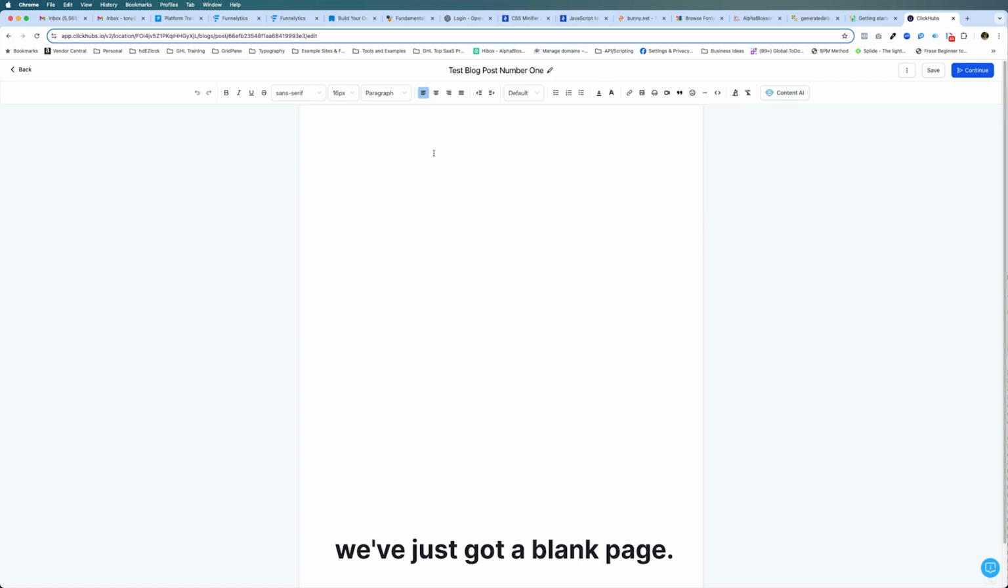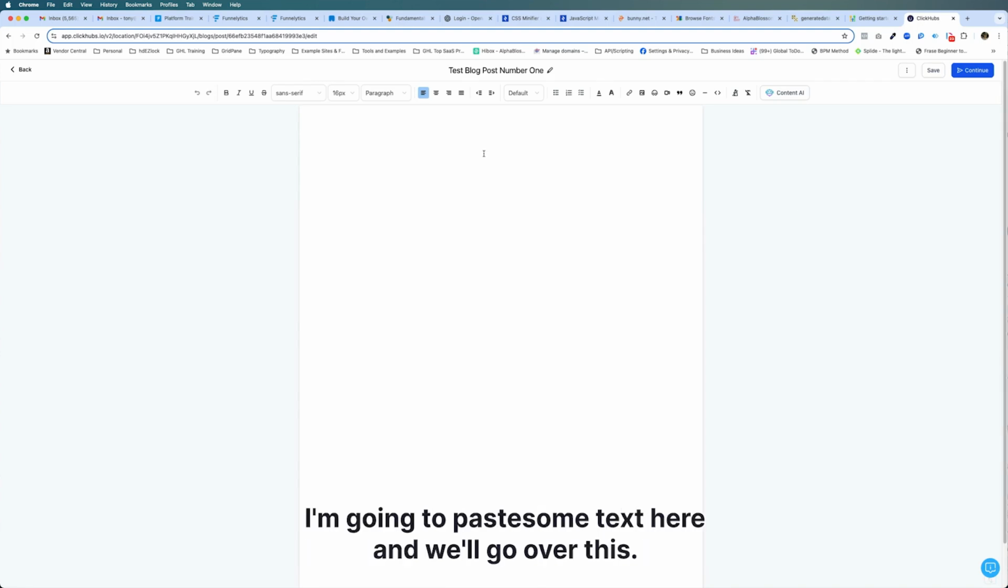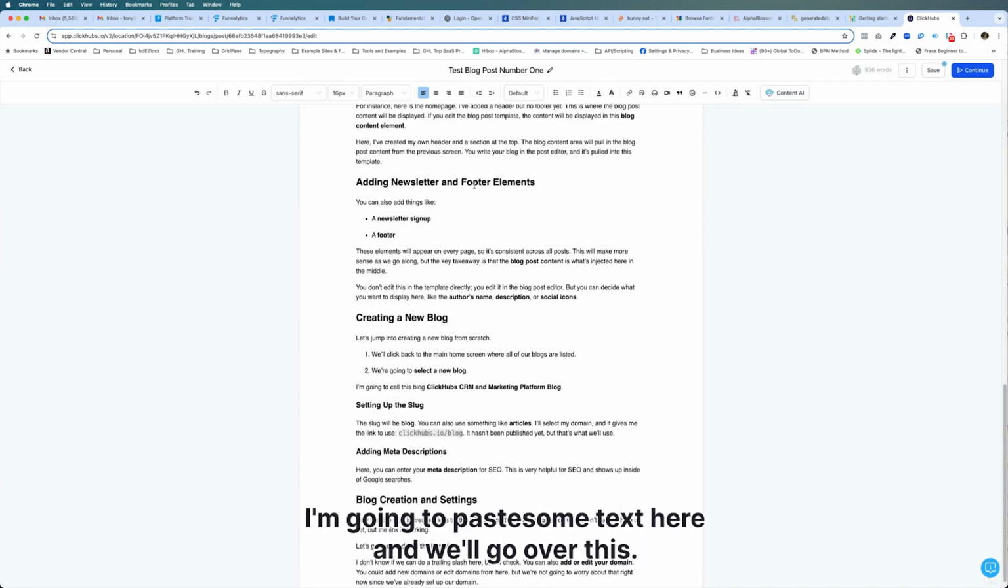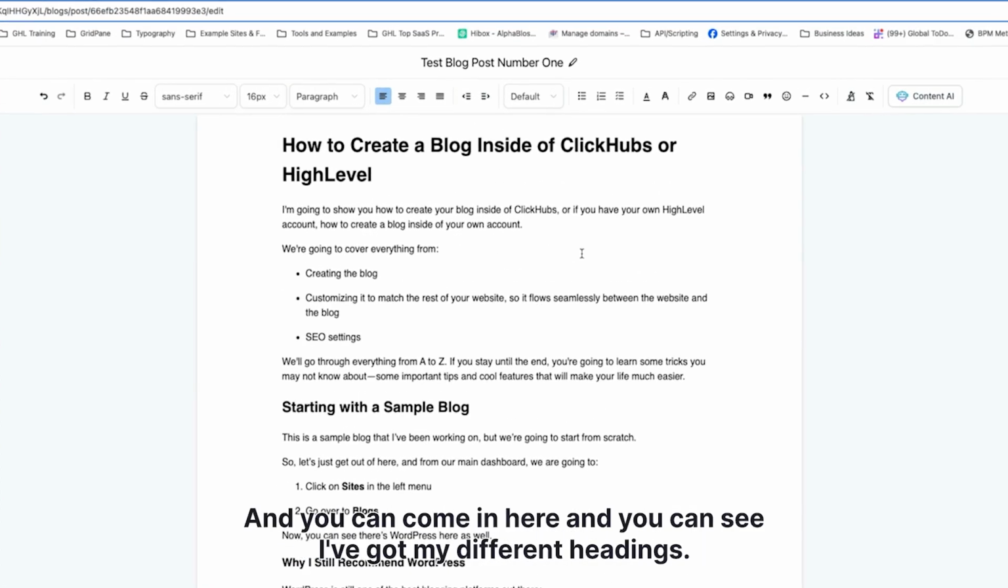And once we come in here, we've just got a blank page. So I'm going to paste some information here, and then we'll talk about the formatting options that we have. So I'm just going to paste some text here and we'll go over this. So it's basically like an editor that you might see inside of Word, and you can come in here and